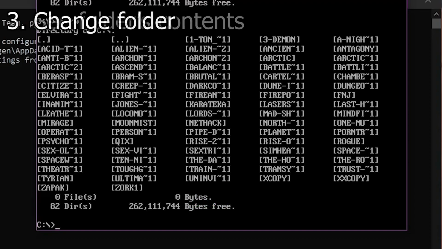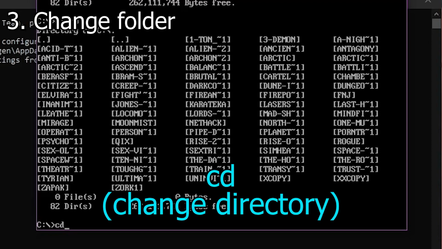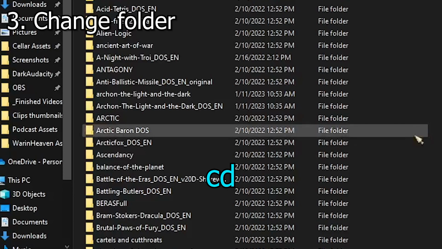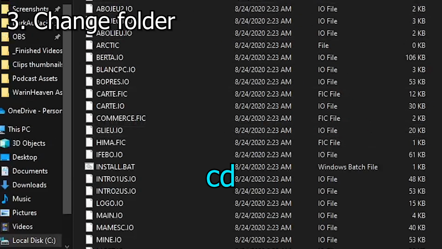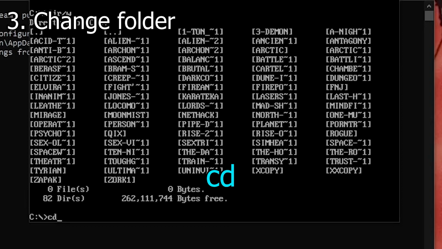So how do we actually get into one of these folders to play one of the games? That is with our last command, that is cd. That stands for change directory. So let's say I want to play the game Arctic Baron, and I want to go to this folder. All I do is type cd